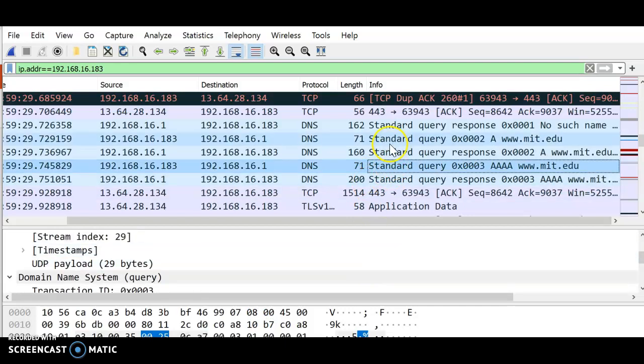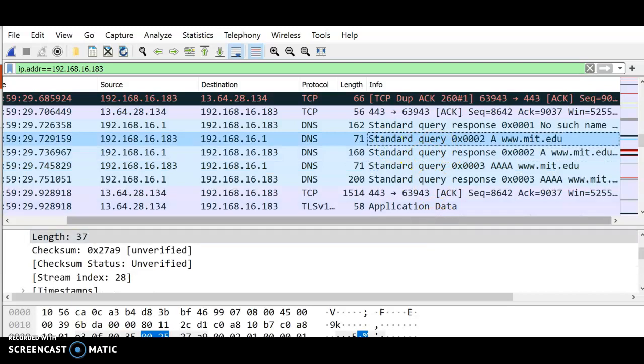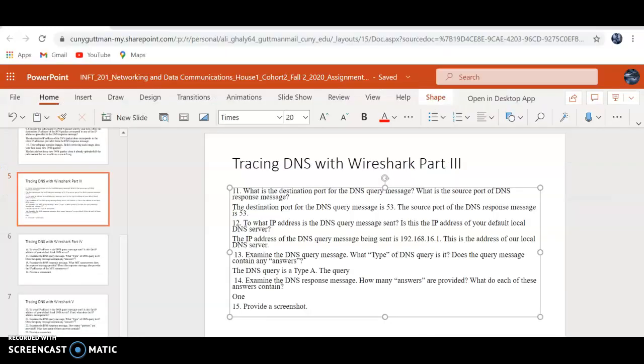AAA, no, we don't know what that is. So yeah, one message. So there's one answer. And the query message contains,